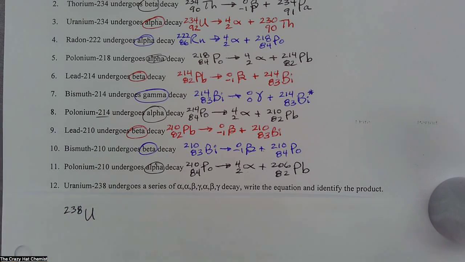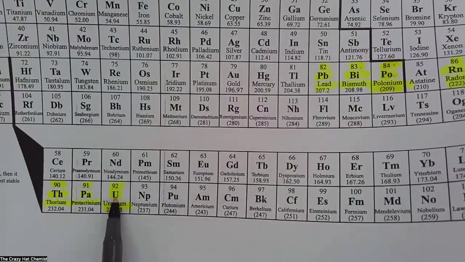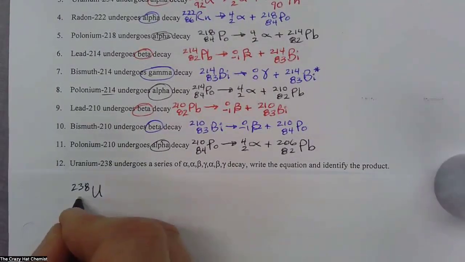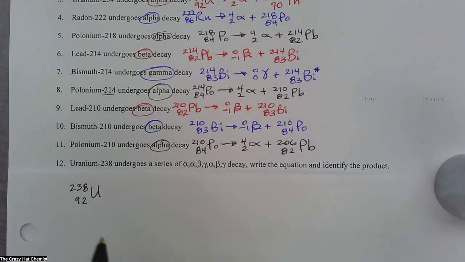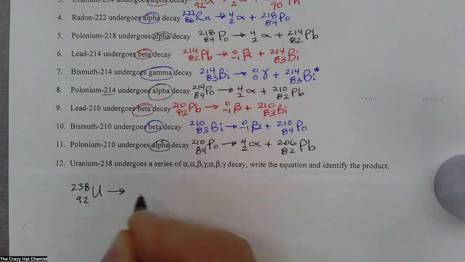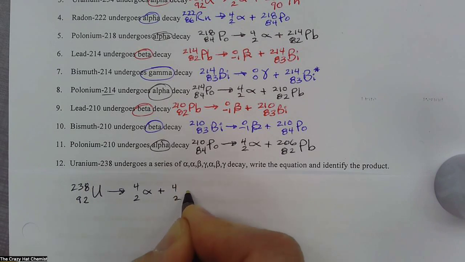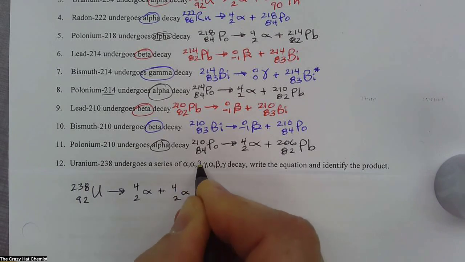uranium-238, we're going to start off with that. We need to figure out what the atomic number for uranium is. And we have figured that out before, and that is element number 92. That's 92, just like that. It undergoes alpha decay, which is 4, 2, there's that, plus alpha decay, 4, 2,